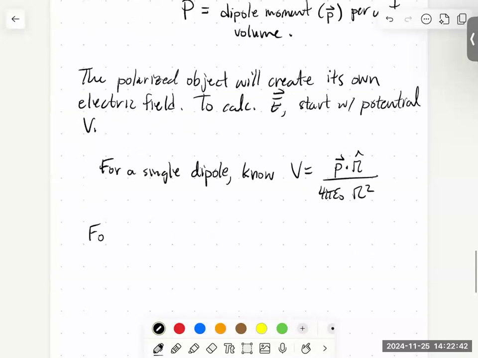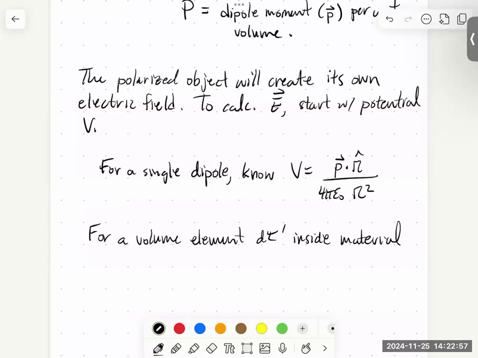All right, so for a volume element d tau prime inside our material, the dipole moment is the polarization times d tau prime. In fact, let me be explicit. This is going to be something like so. So script r is going to be the vector from the source to the field point, and the source is just wherever our little element d tau is. All right, and so we're just going to stick that into our